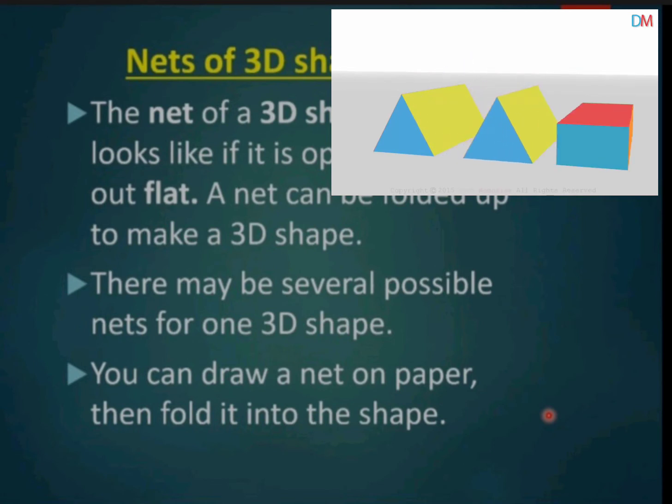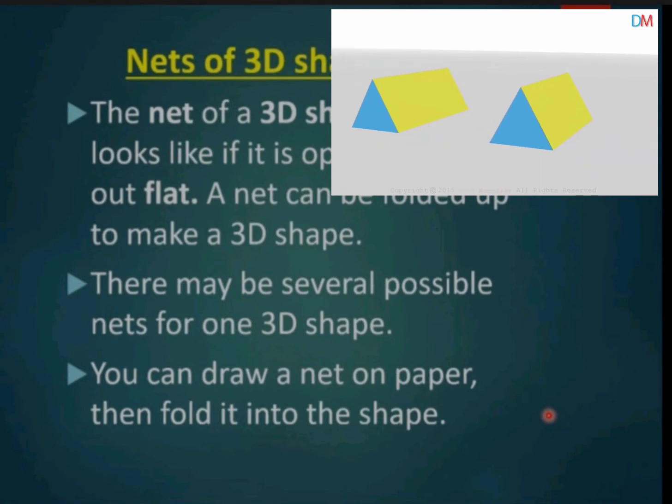Let's take its duplicate and dissect it. There are many ways in which we can open it up along its edges. We can start off by opening the rectangular face on the right. Then we can open up the rectangular face on its left. Then drop the two triangles to get this. This is the net of a triangular prism.